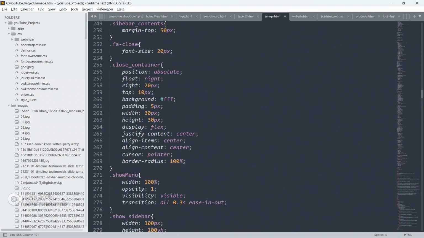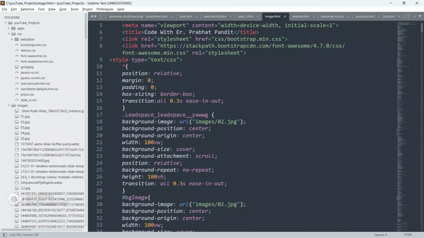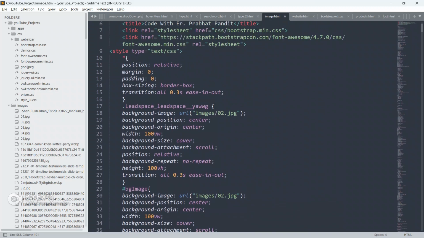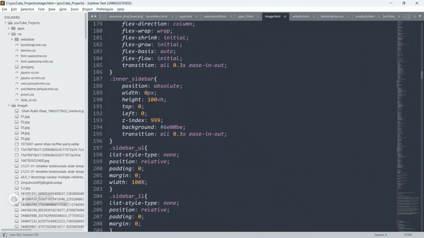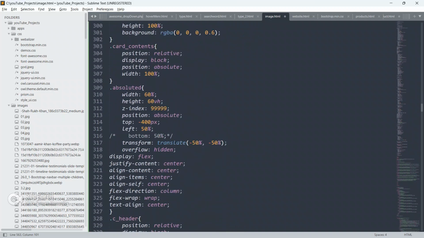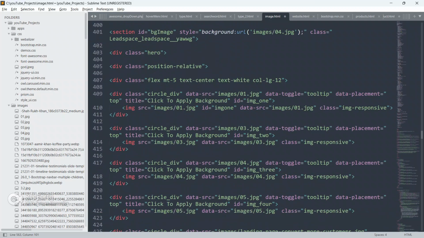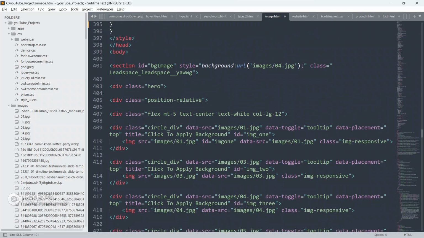I guess we have to put important here. Nothing is there, no issue at all. Still we are not able to see.